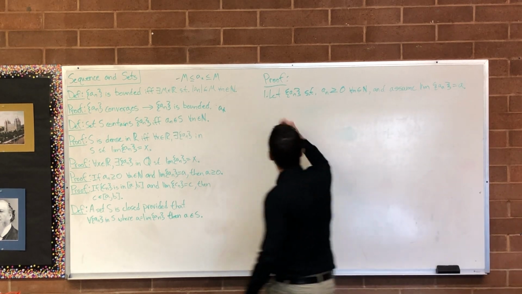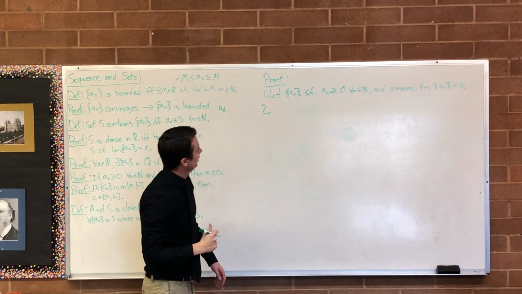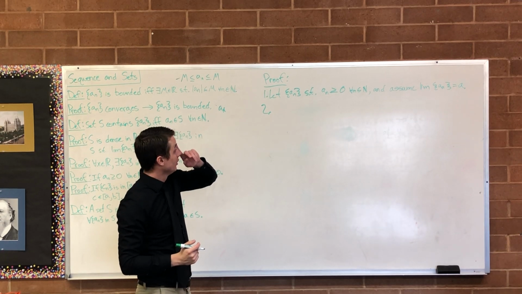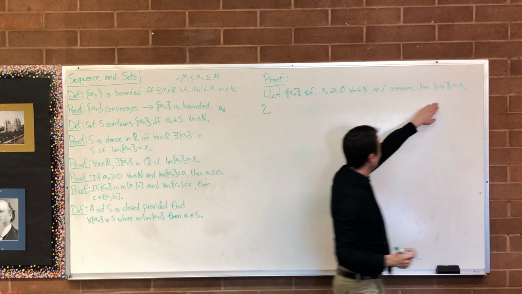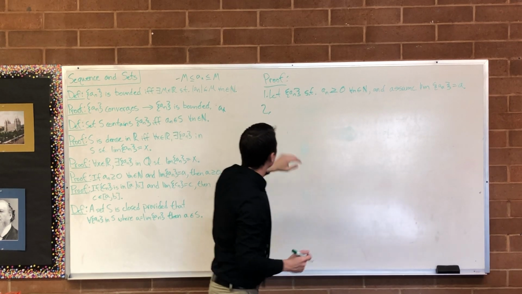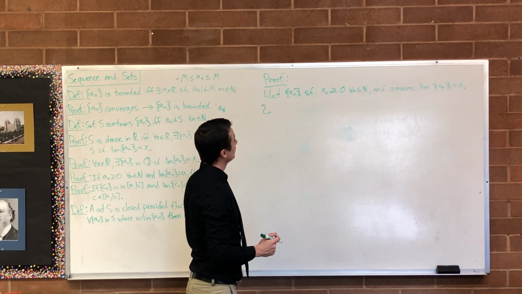Good? Okay. So let's see. How do we want to do that? So I know since a_n converges to A, then I can always find an index such that